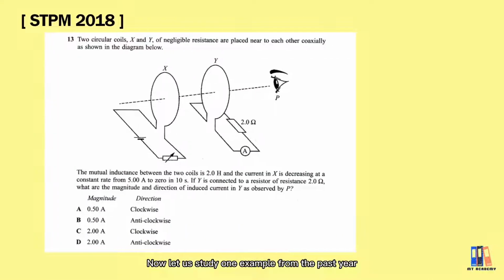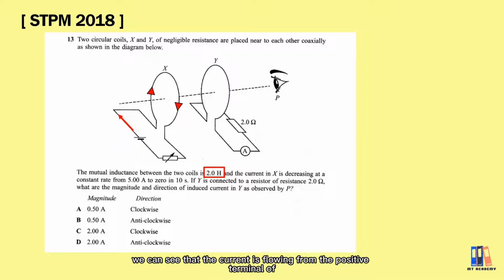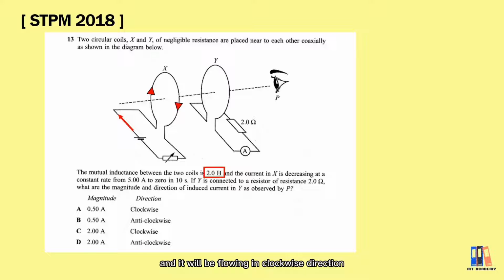Now let us study one example from the past questions in 2018. You are given two circular coils X and Y, and the mutual inductance between the two coils is 2 Henry. From the diagram, we can see that the current is flowing from the positive terminal of the battery to the coil, and it flows in a clockwise direction from our view. From the question, the current in X is decreasing at a constant rate from 5 ampere to 0 in 10